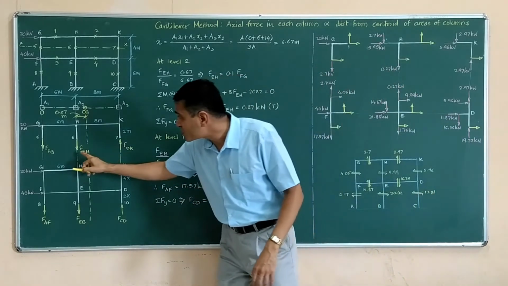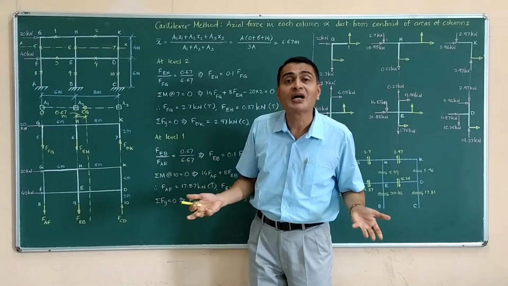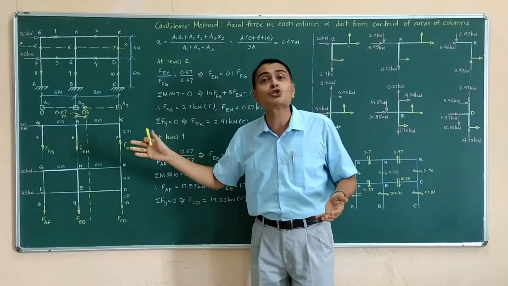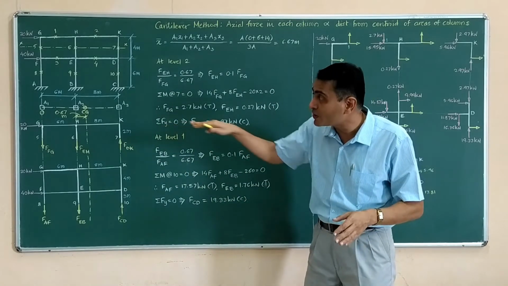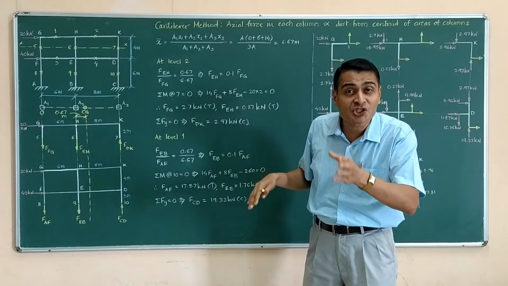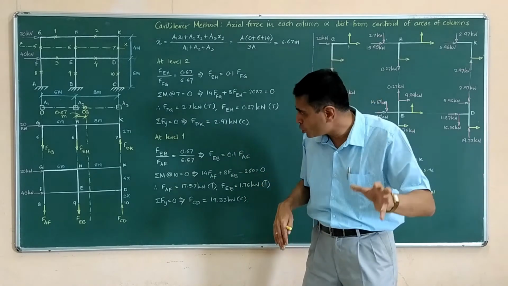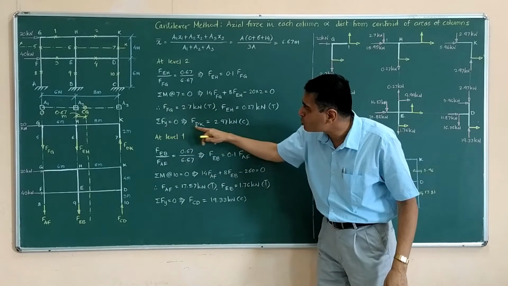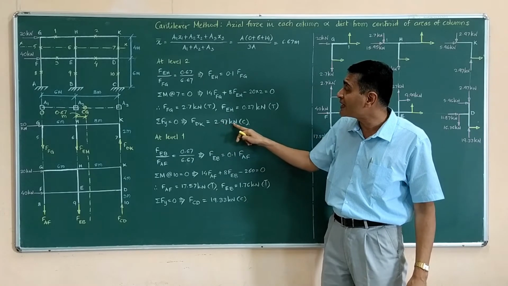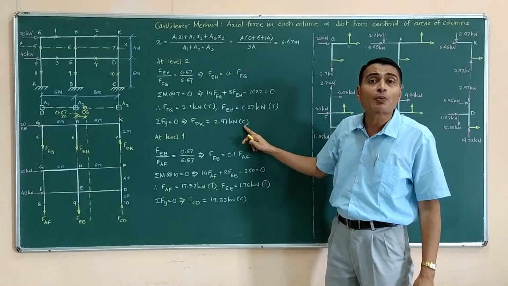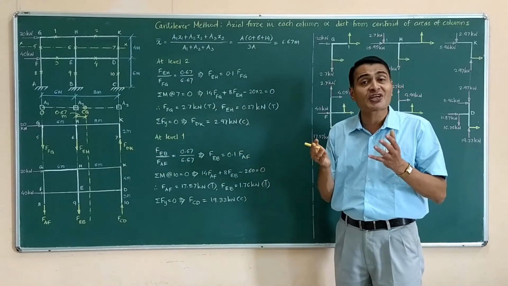Once I know this force and this force, how I find this force is obvious. I will apply sigma Fy equal to 0 for that part. Again in sigma Fy equal to 0, the horizontal shears H5, H6, H7 will not play any role, so applying sigma Fy equal to 0, I directly get F of DK is equal to 2.97 kilonewtons. Again a positive answer means the assumed pushing sense or compression is correct.